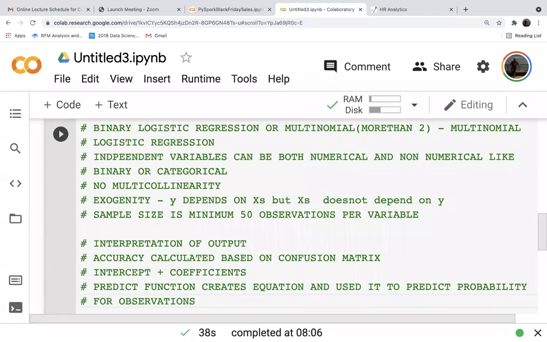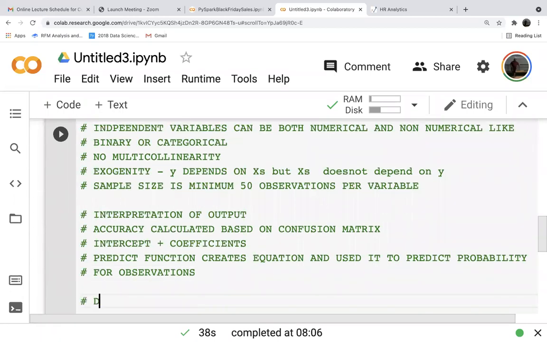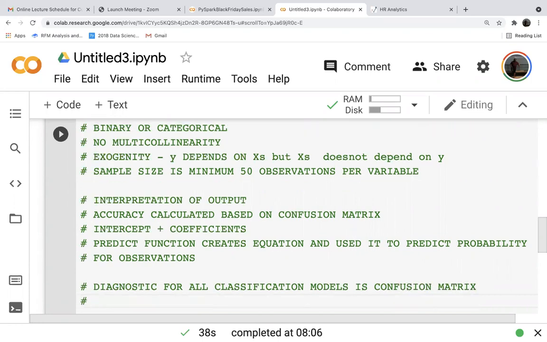All right. So this is the interpretation of the output. Now, the diagnostic for all classification models is the confusion matrix. So the confusion matrix is the primary diagnostic for all models. All the metrics are calculated from this.